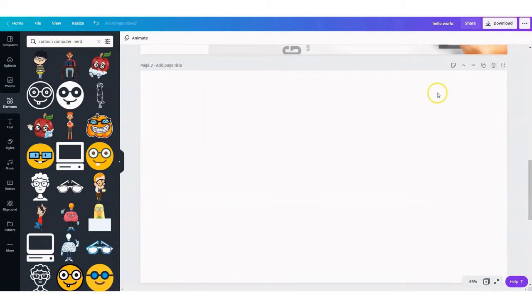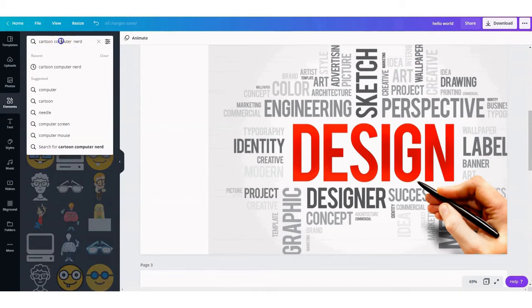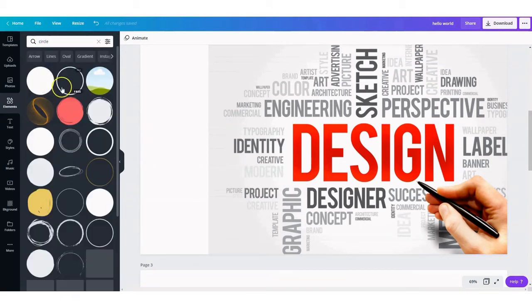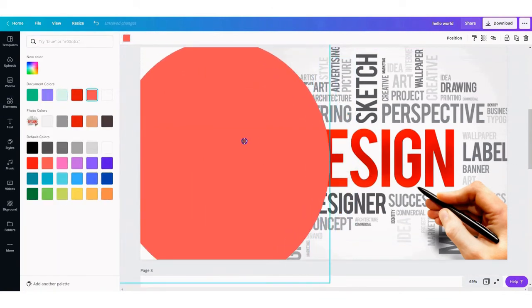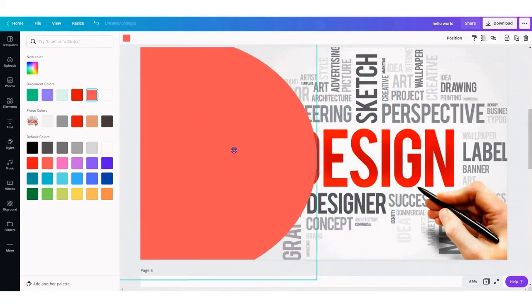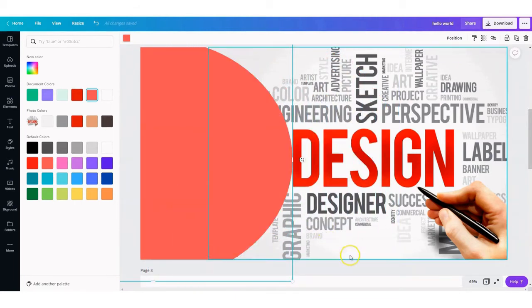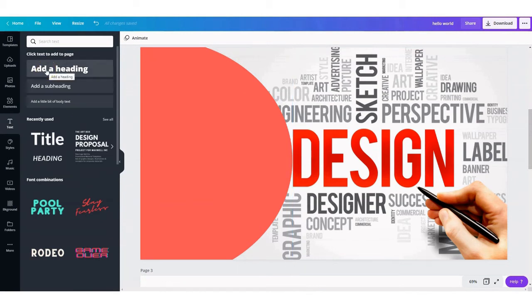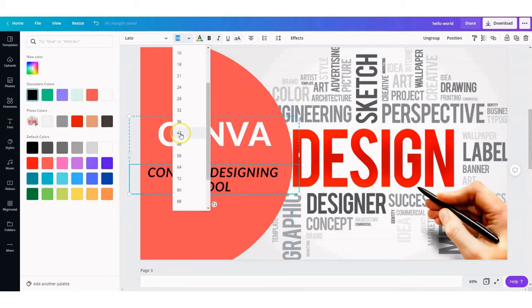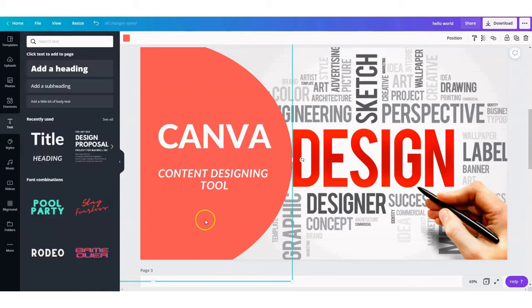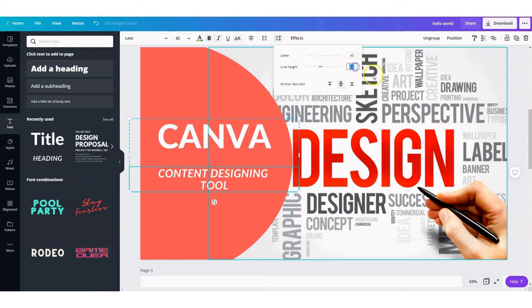Let us now add a shape, like a square or a circle, then change the size of it. Then we select the circle and change the color from the top toolbar. Add a text element inside the thumbnail, change the text, and align it to the center. Then resize the text box, add more spacing to enhance the look, and drag it to the right position.